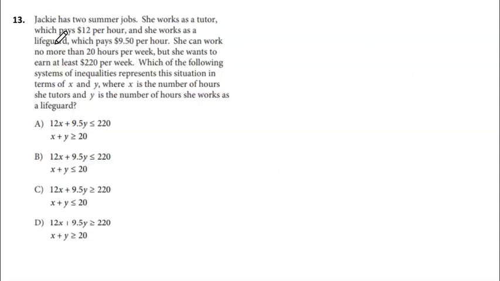Okay, so question number 13 says, Jackie has 2 summer jobs. She works as a tutor, which pays $12 per hour, and she works as a lifeguard, which pays $9.50 per hour. She can work no more than 20 hours per week, but she wants to earn at least $220 per week. Which of the following system of inequalities represents this situation in terms of X and Y, where